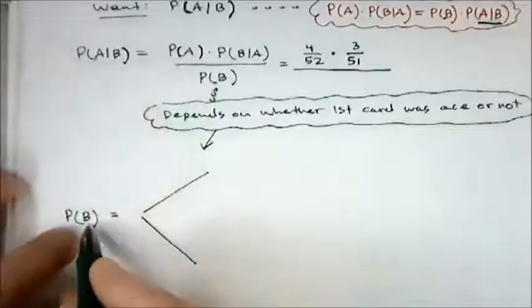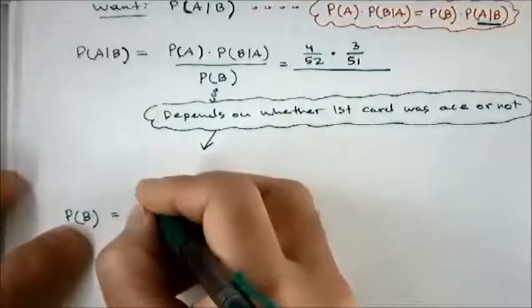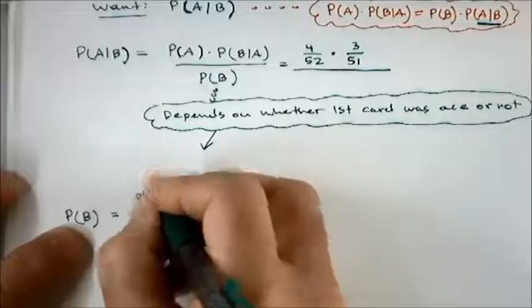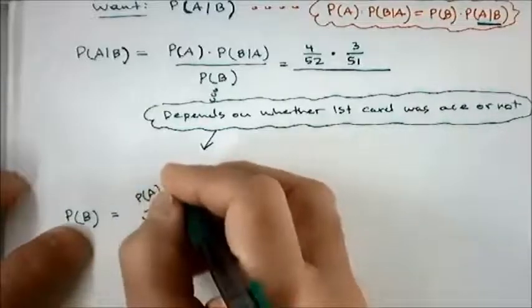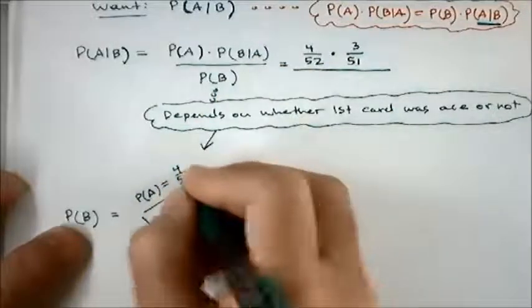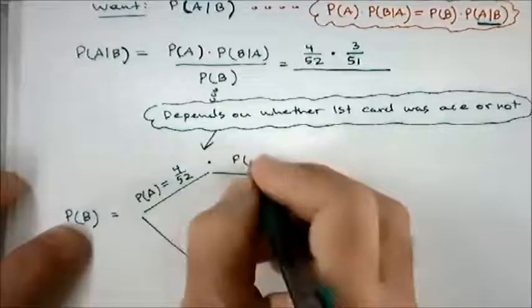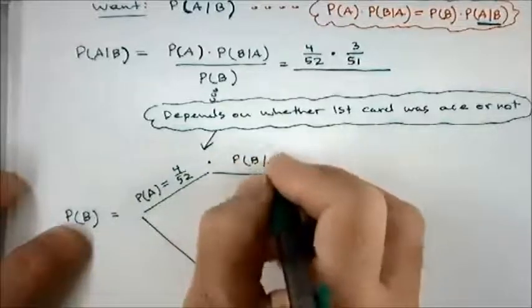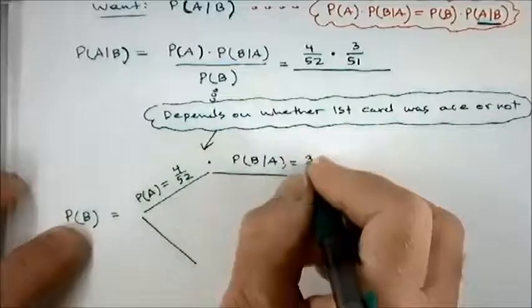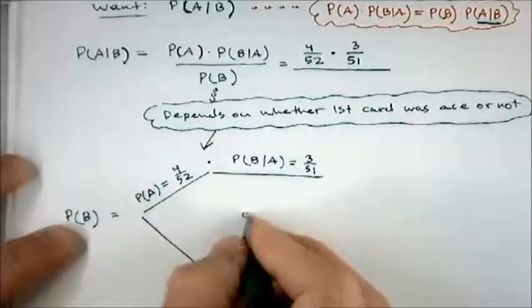If I want to find the probability my second card was an ace, I have to first consider my first draw, where the probability that the first card was an ace, we actually already did this. This is 4/52 times the probability my second card was an ace, given that I picked an ace, which is 3/51. But we also could have, I'll put or,